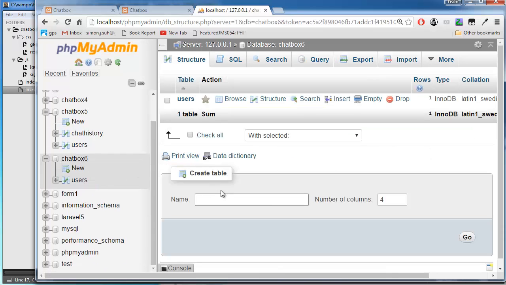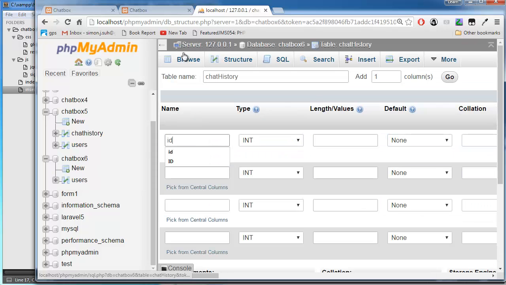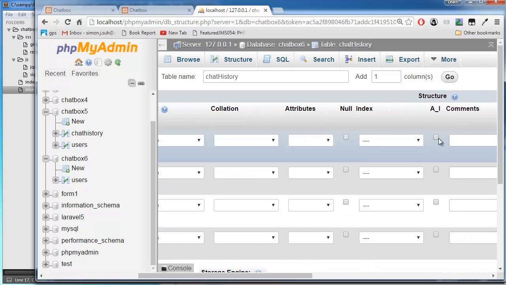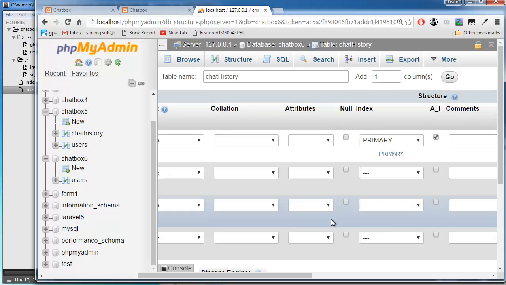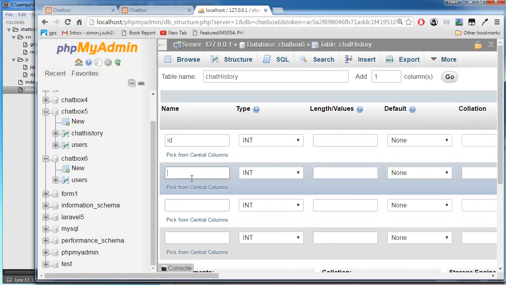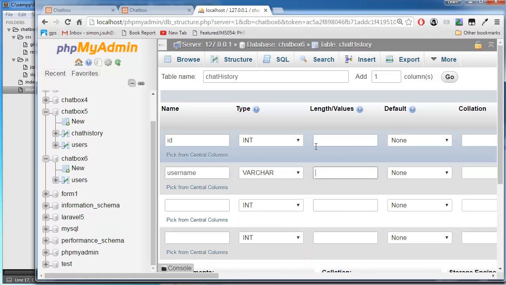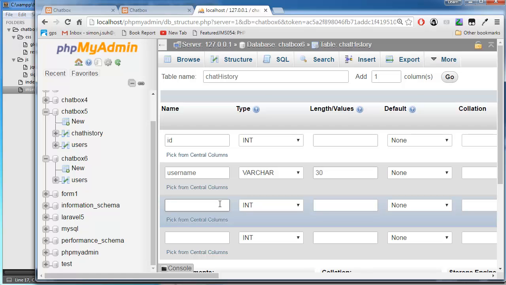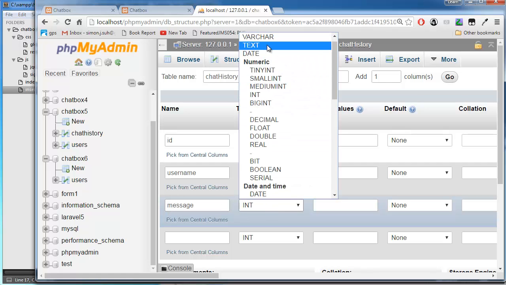Create table called chat history, 4 columns, column of ID, auto increment, primary key, and username, varchar length of 30. Message, and message is going to be longer, so